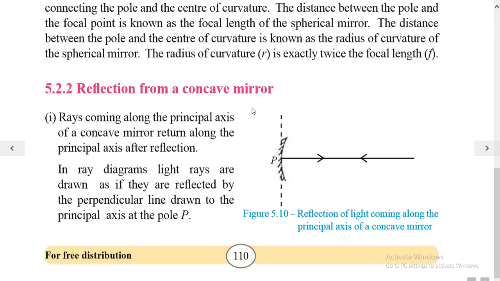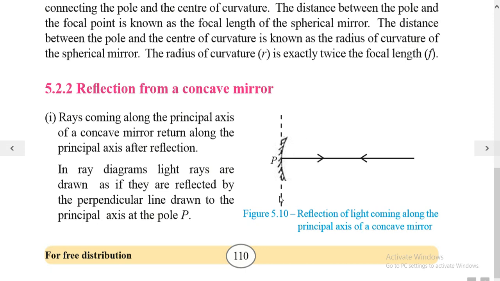When we are drawing ray diagrams for a concave mirror, we especially use types of rays. There are 5 types of rays that travel after reflection from a concave mirror. Among these 5 types, you can use 2 to draw a single ray diagram. Therefore, it's very important to know about these 5 types. In this lesson, we discuss these 5 types of rays.